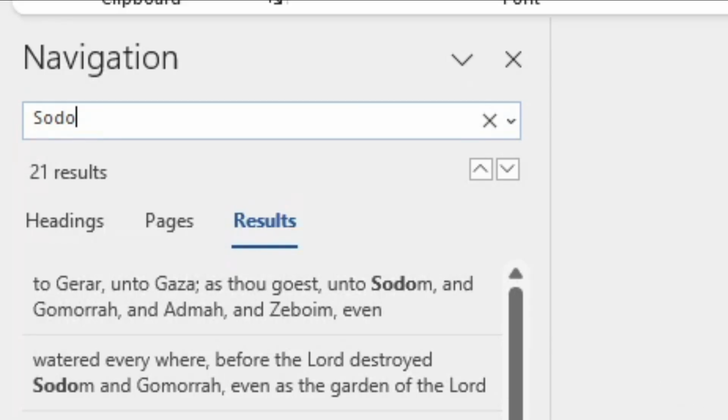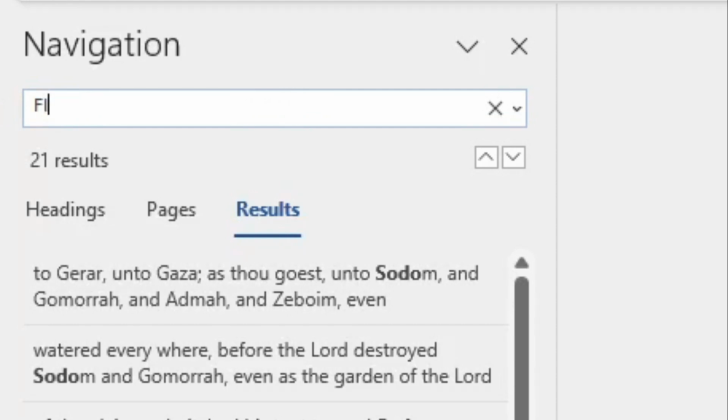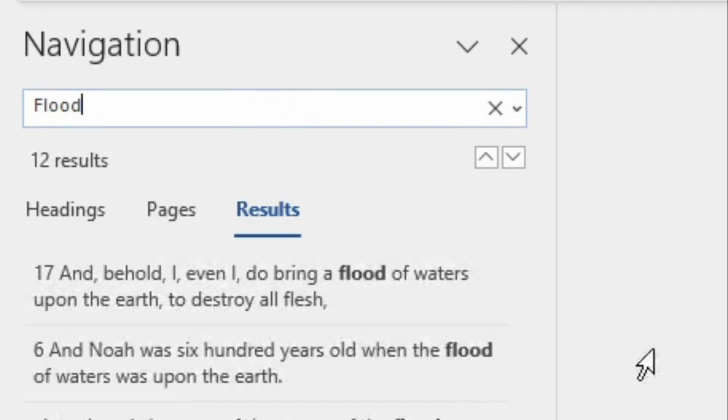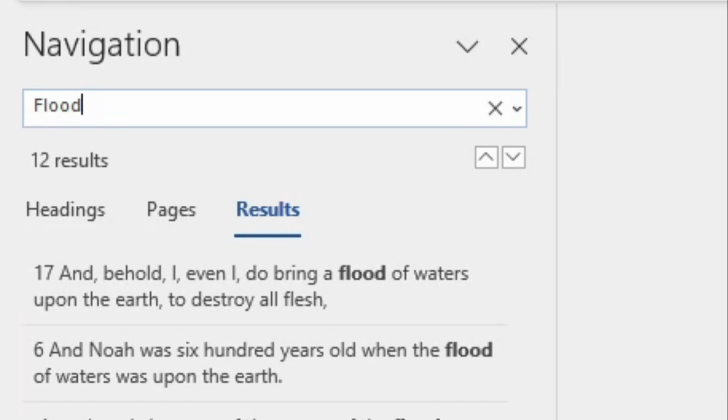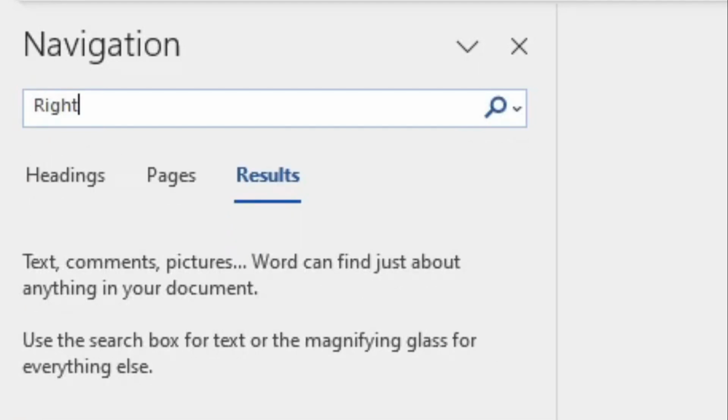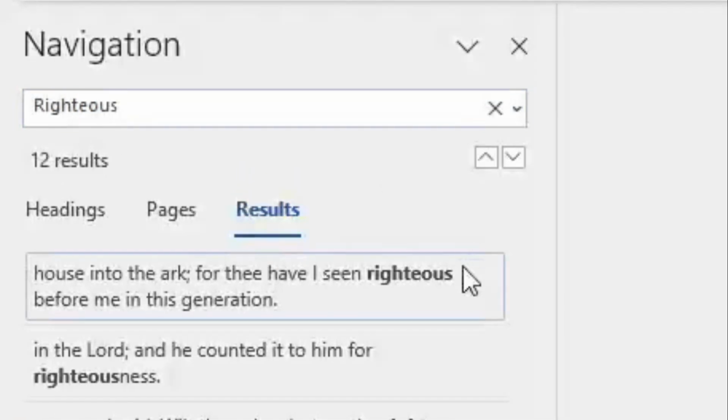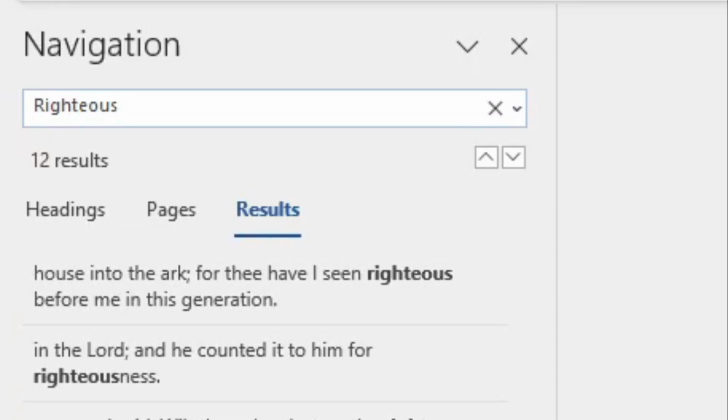It's everywhere. In the book of Genesis, the word flood is said exactly 12 times. 12 is a good place. We want to flood out our inner experience. The world that is destroyed is our wrecked self, our own, I need to turn in and heal. So flood is a good thing right there, and we see that it's on the list. What else might we have? Righteous is said 12 times, so we have both.